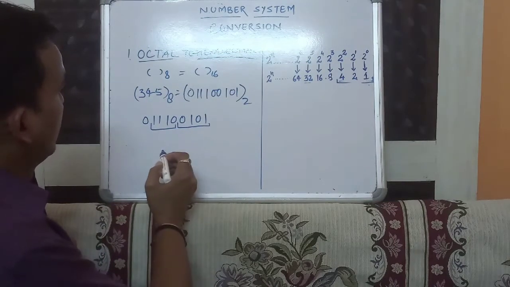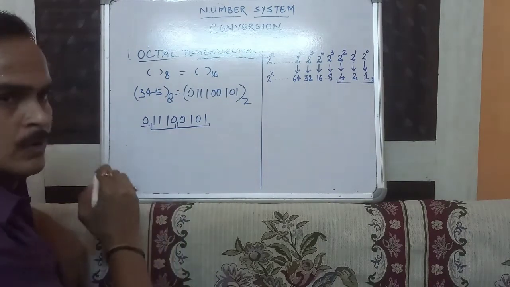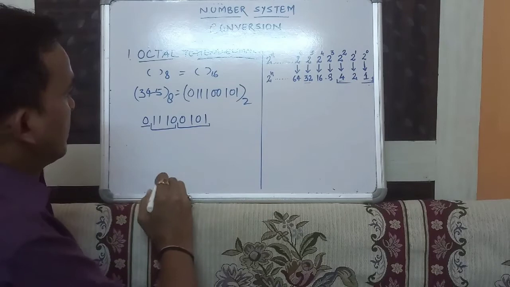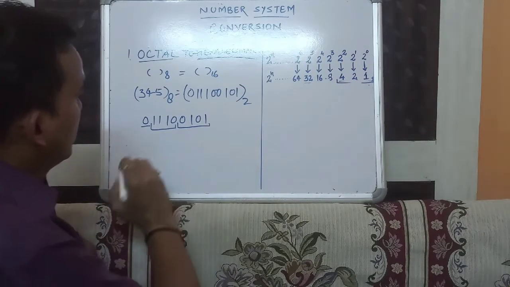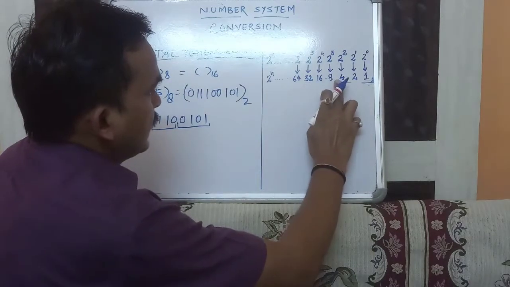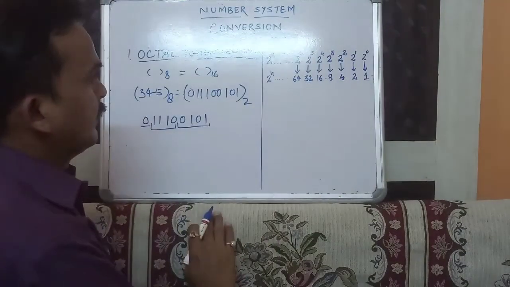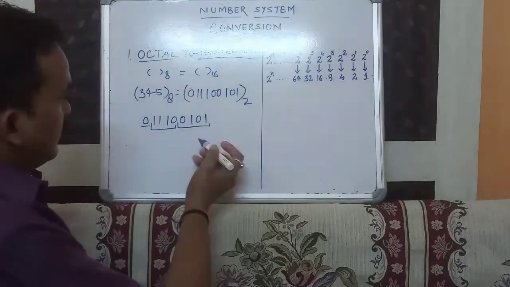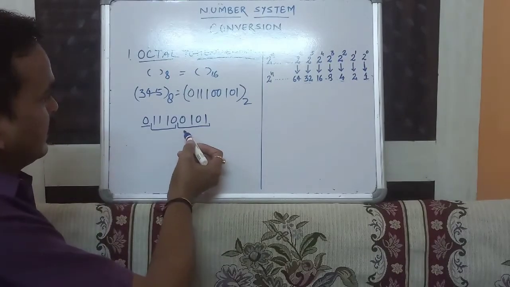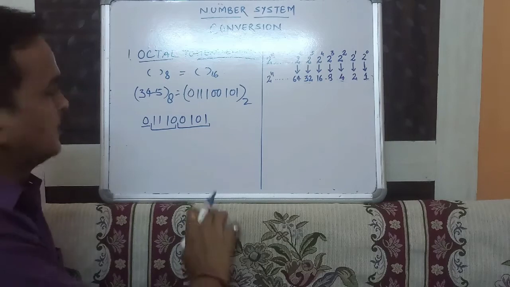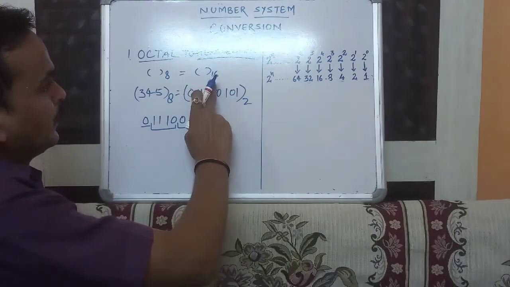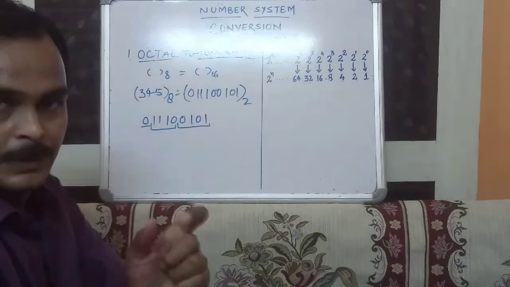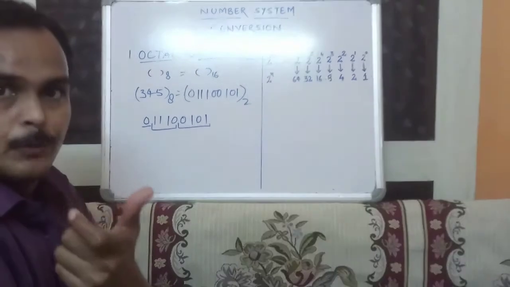One has a leading 0, so there is no meaning of 0, that's why we will leave this 0. So what will be the value of this? If we put here this binary value, then we will find out the result as a hexadecimal number. So the question will arise here, why do we take 4 bits? Because we have to calculate the value in terms of hexadecimal. So in hexadecimal we have to use the 4 bits combination.